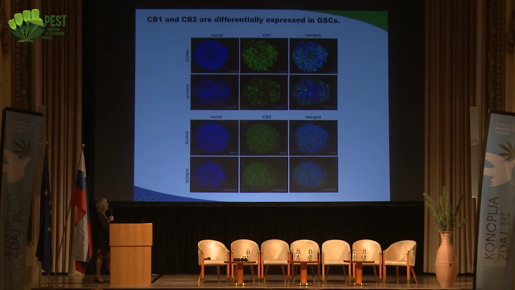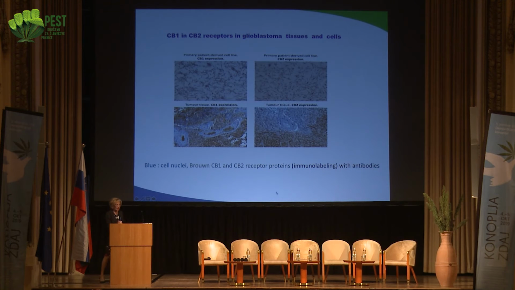As I said before, these growing stem cells also express CB1. This is the green color, CB1 receptors. They also express CB2 receptors, and these are all established cell lines, and cell lines from patients would behave the same. When we stain, it means that you have an antibody against these receptors, and this antibody reacts with the receptor on the cell surface, and when it reacts, it gives a certain color, which we call immunolabeling. So the brown color here shows the receptors, CB1 expression in tumor tissue, so that's how a section of tumor tissue would look.